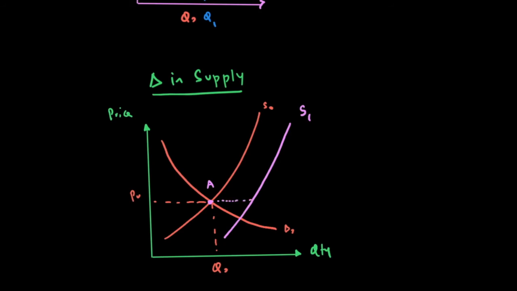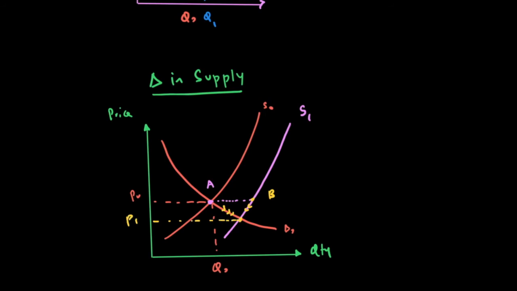And the answer is no, because at P0, quantity supplied is here, while quantity demanded is here, which means quantity supplied is more than quantity demanded, which means there is a surplus, and in a surplus there will be a downward pressure on price. More supply has taken place and there isn't enough demand, so the prices will have to go down. So if the prices go down to, for example, P1, which is my new equilibrium,